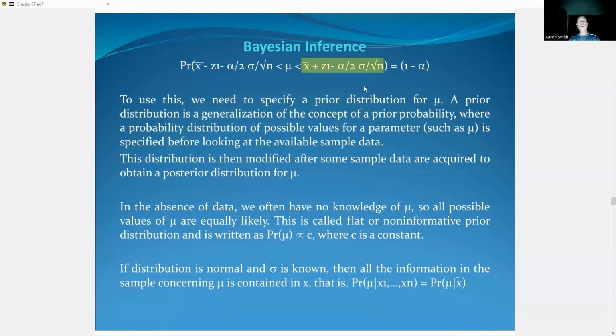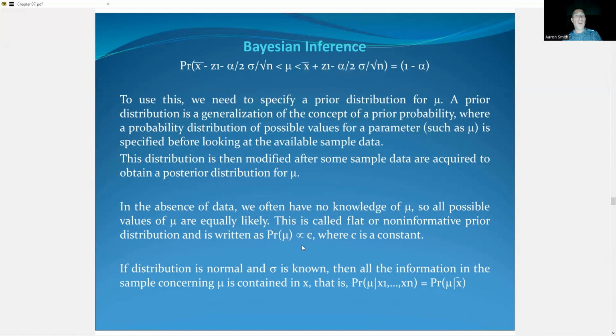To use this, we need to specify a prior distribution for mu. A prior distribution is a generalization of the concept of a prior probability, where a probability distribution of possible values for a parameter such as mu is specified before looking at the available sample data. This distribution is then modified after some sampling data are acquired to obtain a posterior distribution for mu. In the absence of data, we often have no knowledge of mu, so all possible values of mu are equally likely. This is called a flat or non-informative prior distribution and is written as the probability distribution of mu is proportional